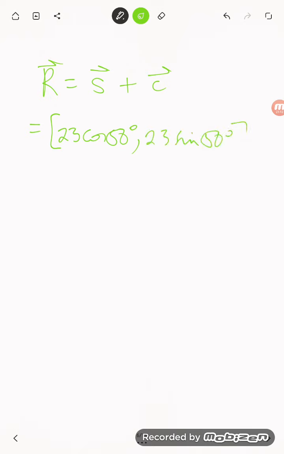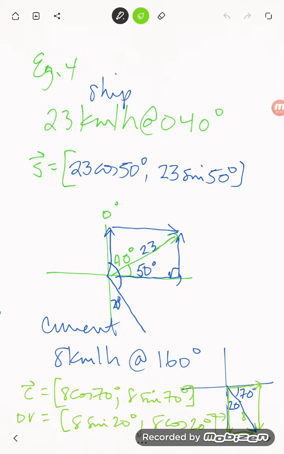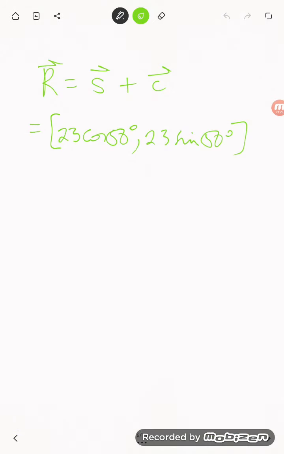So the resultant velocity is going to be the ship's velocity plus the velocity of the current, which was 23 cos 50 degrees, 23 sine 50 degrees for the ship's velocity as a Cartesian vector. Let me just double check that's what I have, yeah. And then, oh,